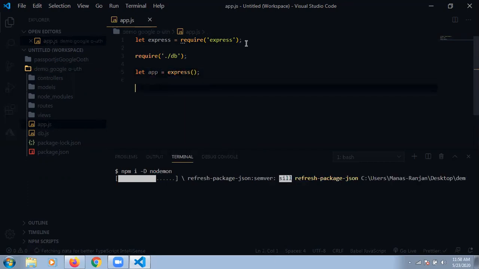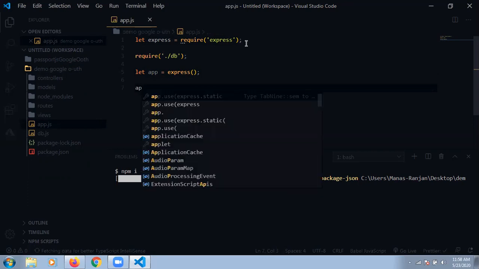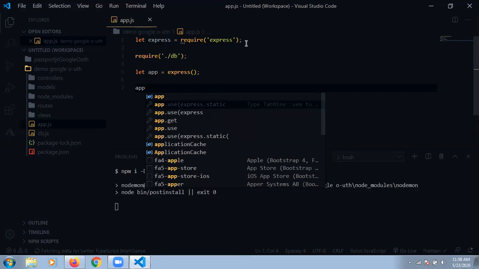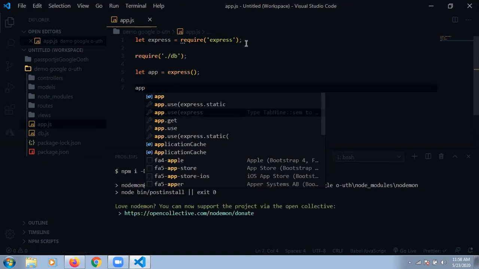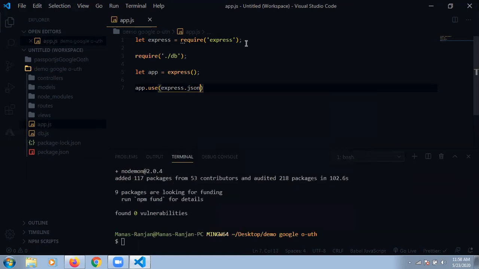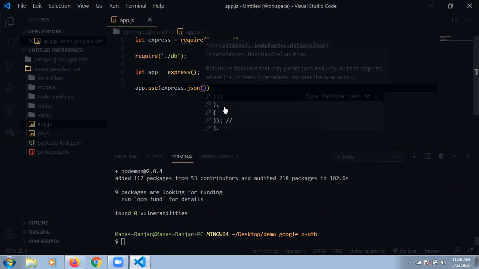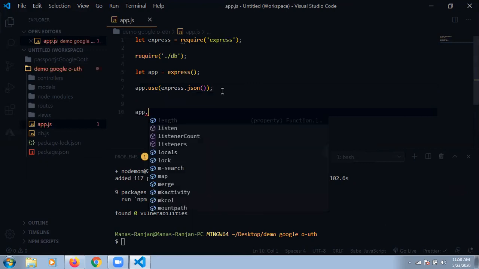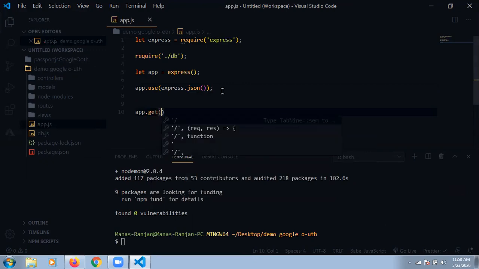This is how I'm making an express instance, and I'm using all the methods on the instance, like app.use and others. I'm just testing, so I am using app.get, to check whether my code is running or not.